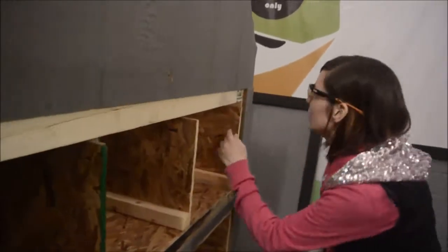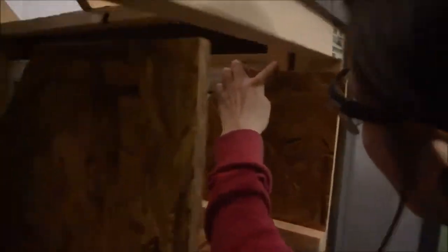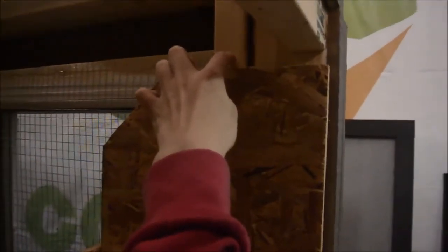And then also, when you do the screws, you want to put them into this board, not the outside one, on both sides. You can see here also. So we're just going to do